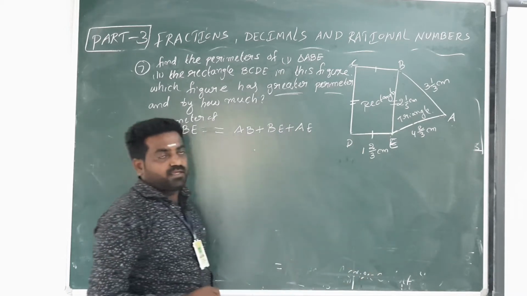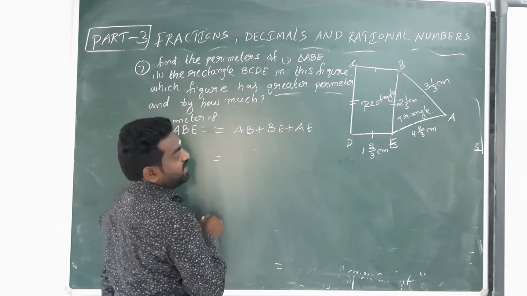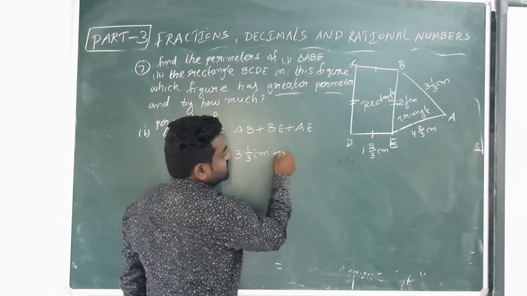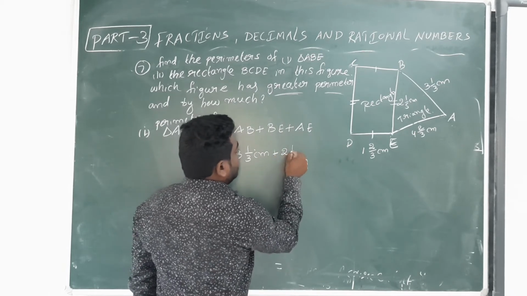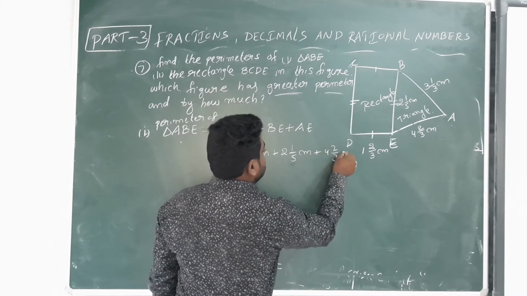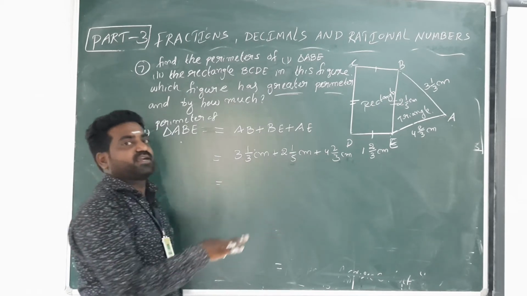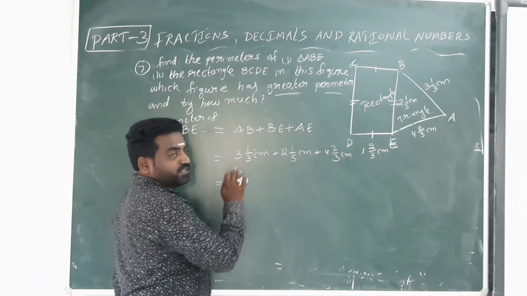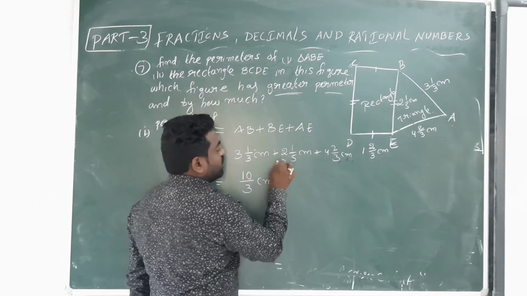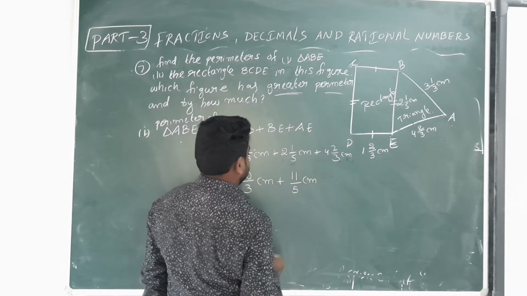Triangle ABE has three sides: AB, BE, and AE. AB is 3 1/3 centimeters, BE is 2 1/5 centimeters, and AE is 4 2/3 centimeters. These are mixed fractions, so we convert them into improper fractions. 3 times 3 is 9, 9 plus 1 is 10, so 10/3 centimeters. 2 times 5 is 10, 10 plus 1 is 11, so 11/5 centimeters, plus